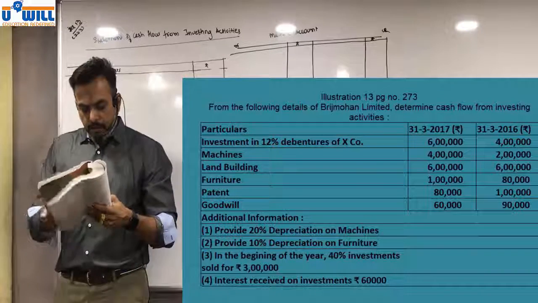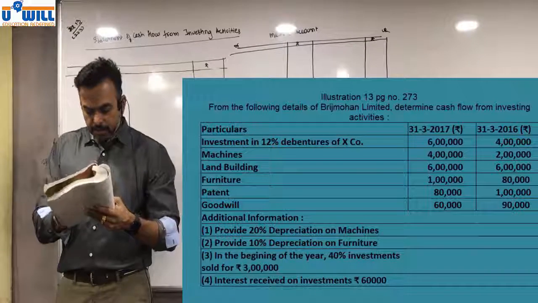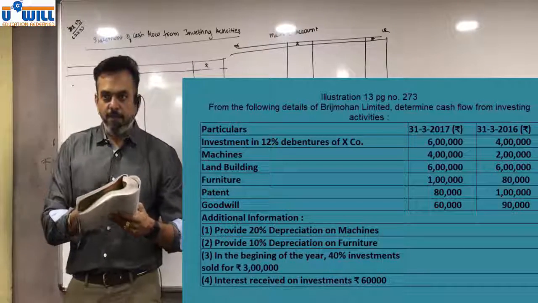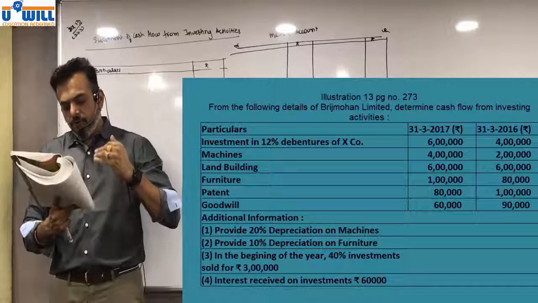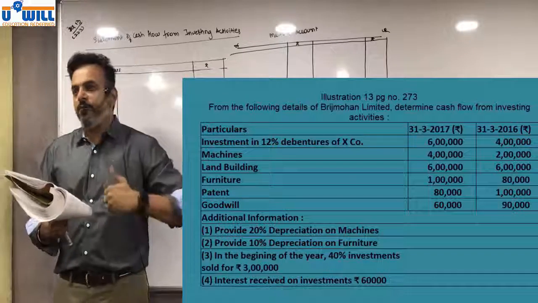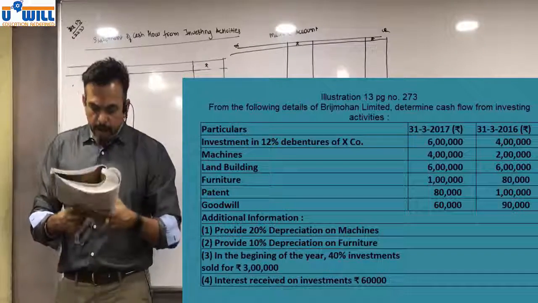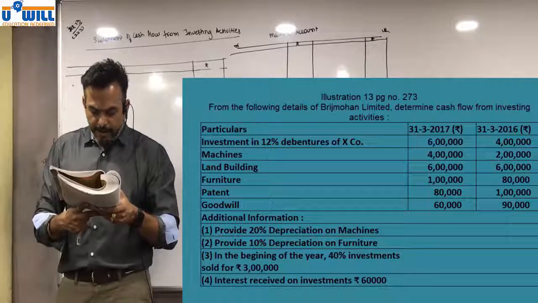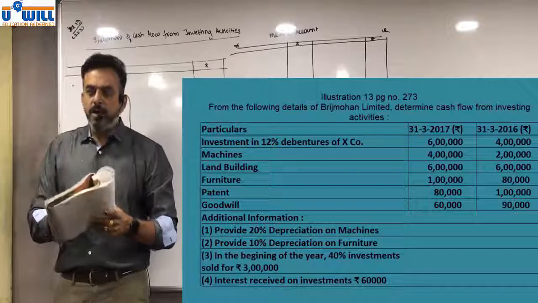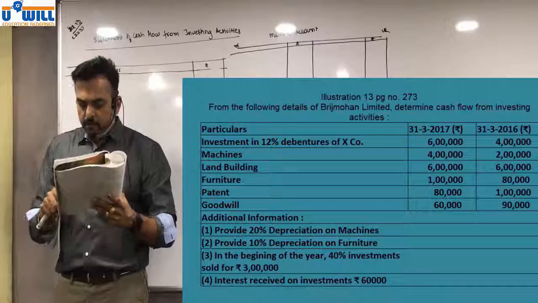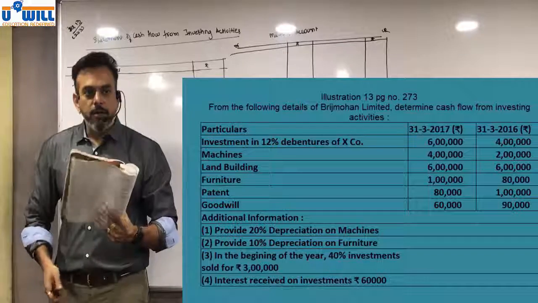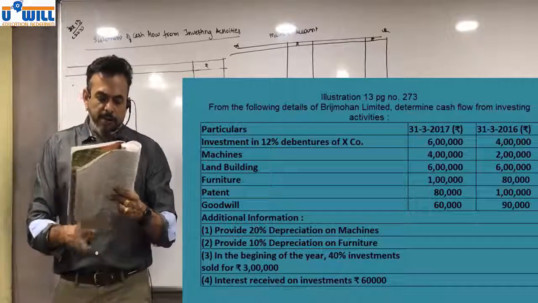Now over here, investment account, machine account and furniture account have additional information, and that's why we'll have to prepare the ledger account to find out how much purchases we have made or if we have sold something during the year. At the same time, we have land and building. Any change in land and building? No. Patent and goodwill are intangible asset. So it is assumed that they are written off. So we are not including them. Got it, all of you? Okay. Now let's start first with